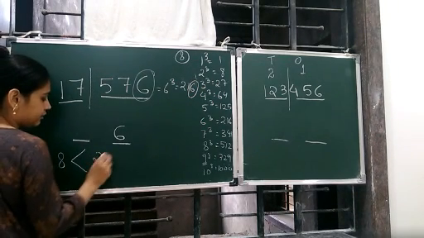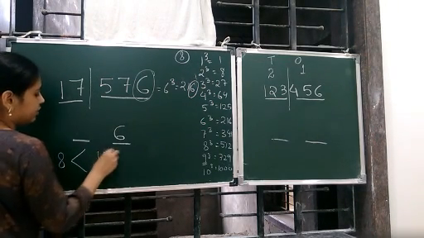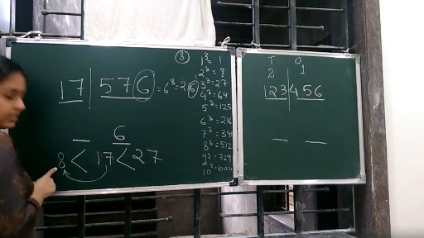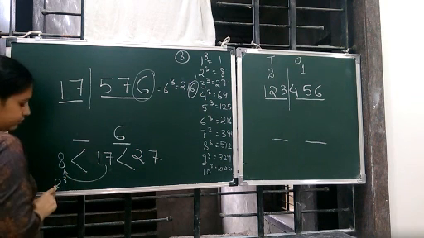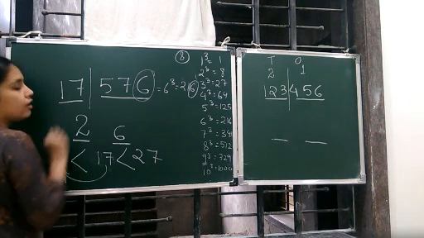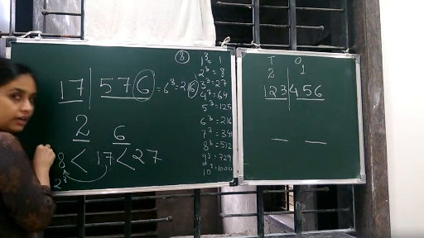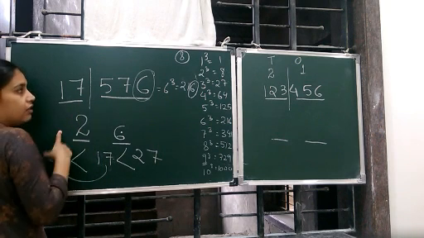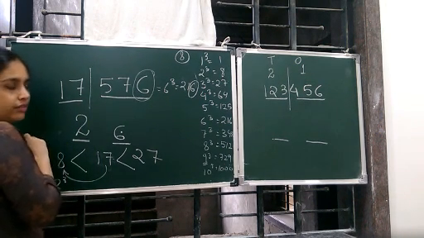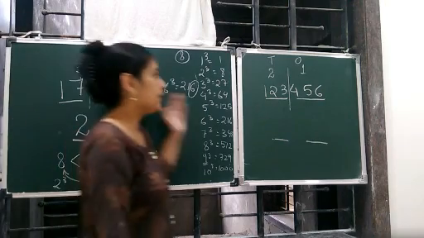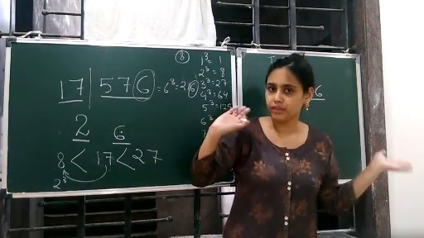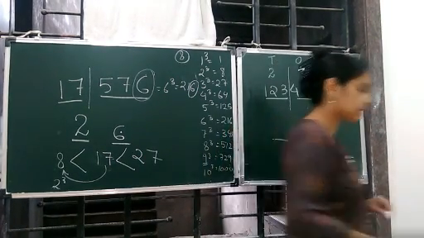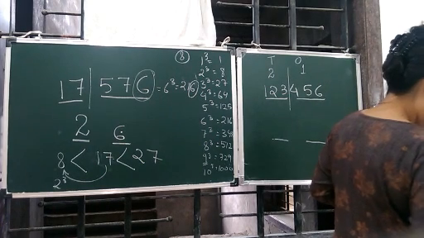8 and 27. Go to the smallest digit. Okay, what is the cube root of 8? 2. So 2 is your digit who will come in the tens place. So your answer is 26. Check whether 26 is the cube root of 17,576 or not. So depending upon this method or this new concept is your question number 3 of exercise 7.2. Let's do it.